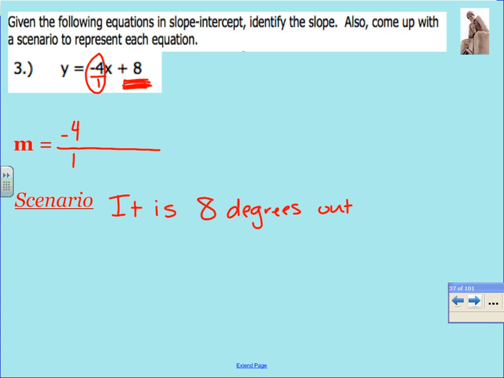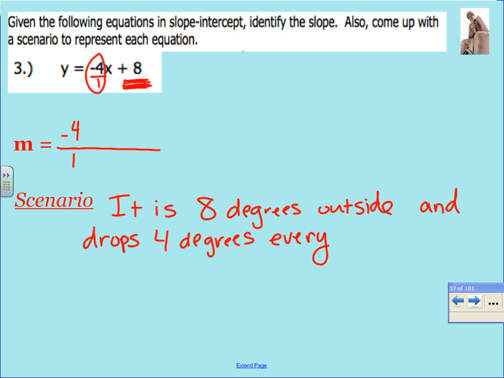So that's positive. It's a positive 8 degrees outside. Now, our rate of change or our slope is negative. So we need to say something about the temperature going down or dropping because it's negative. So if it's currently 8 degrees outside, I'm going to say it drops 4 degrees